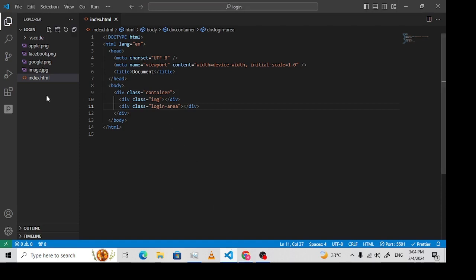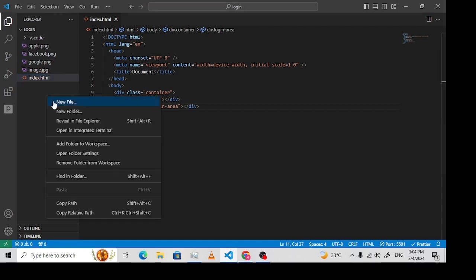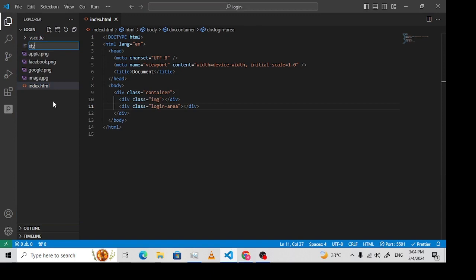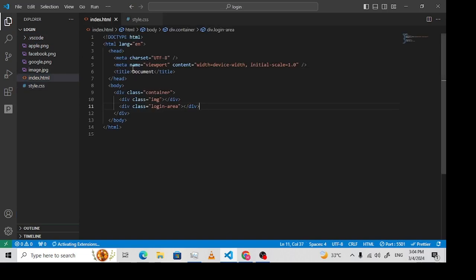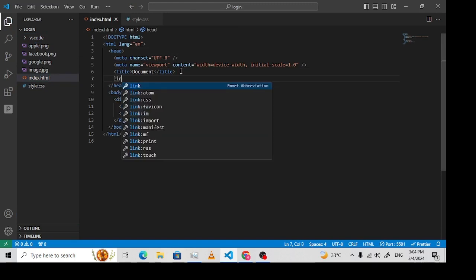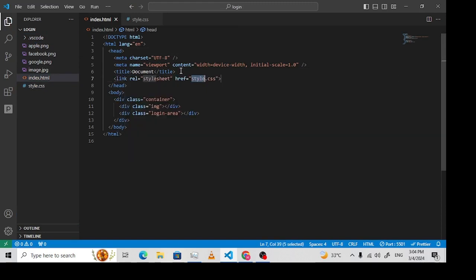So let's create a CSS file here. Let's name it style.css. And inside the head element, let's create a link to our CSS file. Link, and then here we type in the name of your CSS file, which is style.css right here. So once we save,